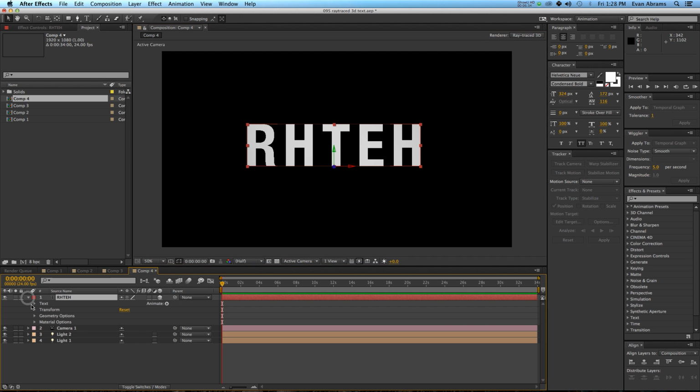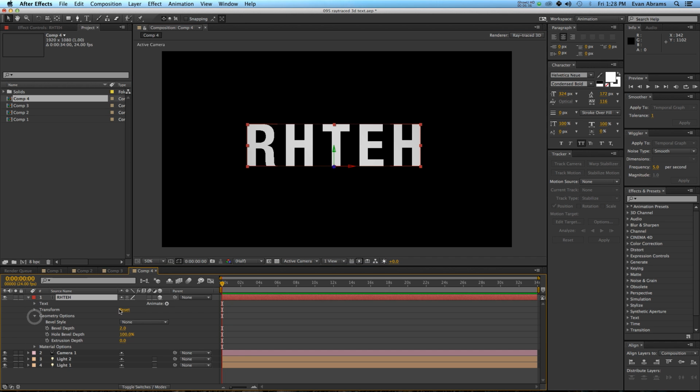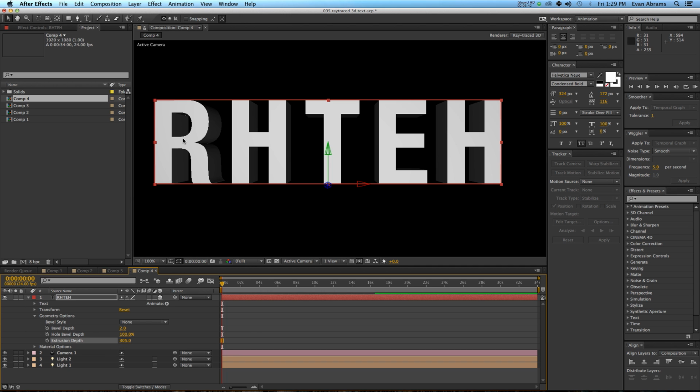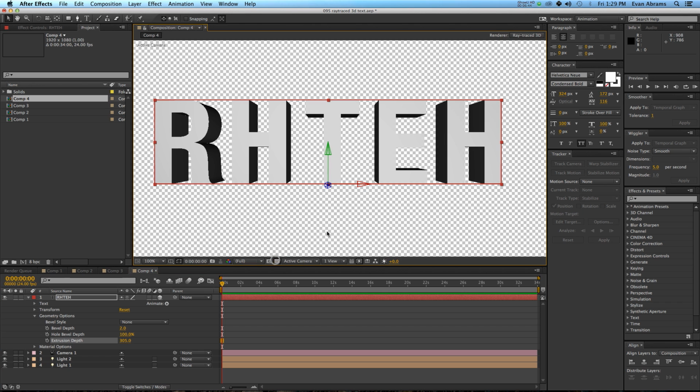And now if we go in here, we can go into the geometry options. That's new. And we can give this an extrusion depth, so we can extrude it. You can have a look. It's extruding. Let's look at this. Look at it go. So you can extrude this as far back as you like, and you may also bevel